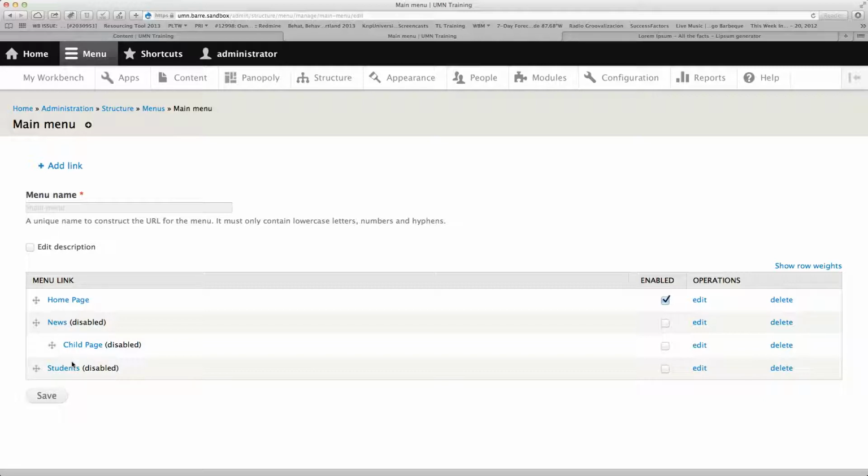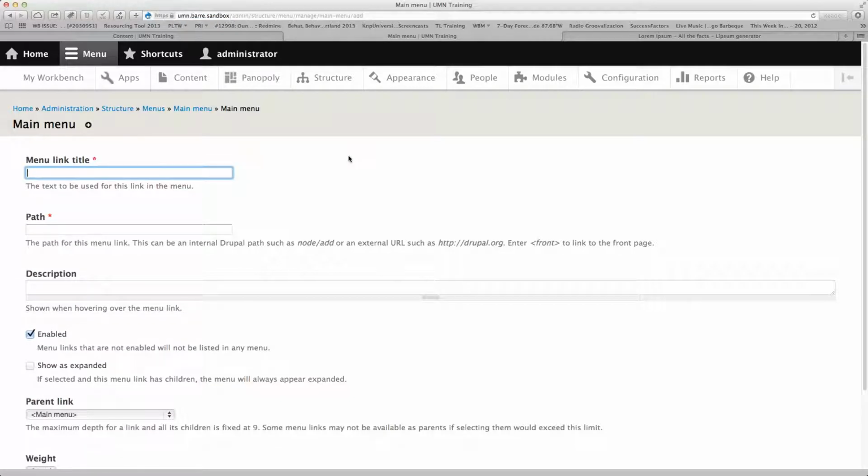And so I already have some menu items in here for some nodes that I created earlier today. I'm going to just re-enable them, but just so you can see what that user interface is like, you can click Add Link here and type in whatever text you'd like to see displayed. So you might have an About, and then you need to know the path. So if I know that I have an About page that has a URL path of About, then I can